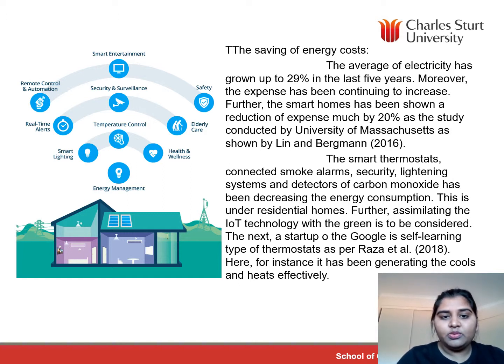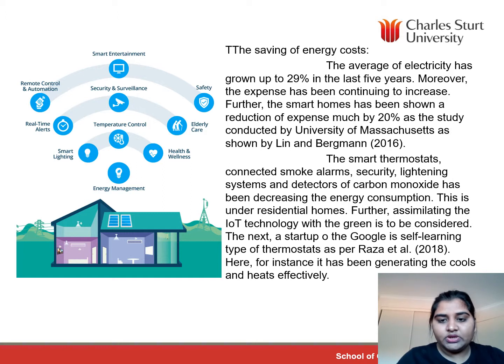The main attributes of IoT in smart houses are smart entertainment, energy management, health and wellness, elderly care, safety, real-time alerts, smart lighting, and remote control and automation systems, etc. This is under residential homes. Furthermore,